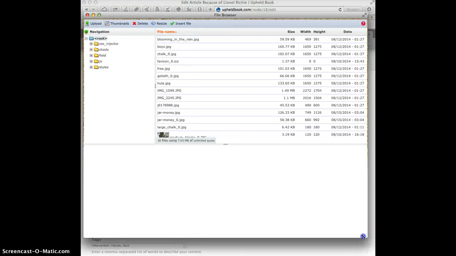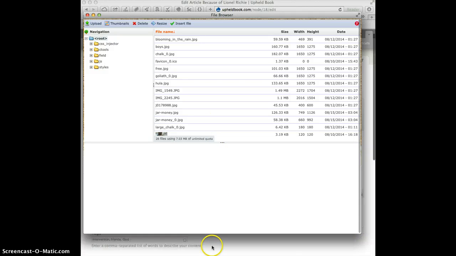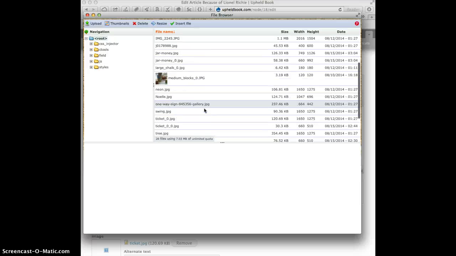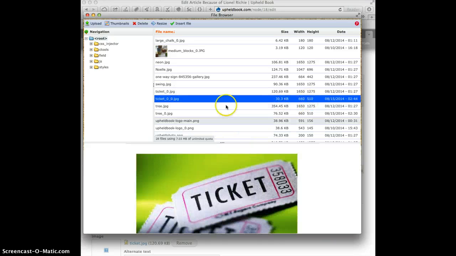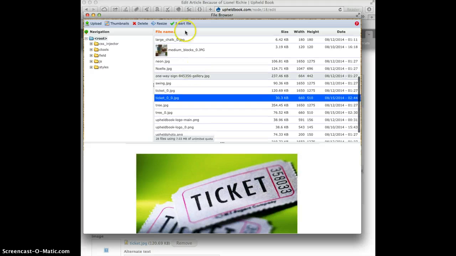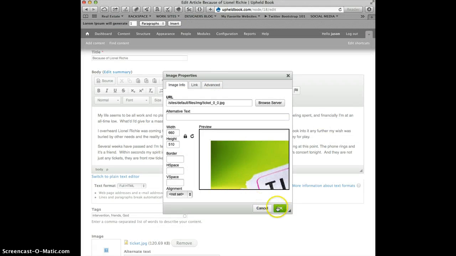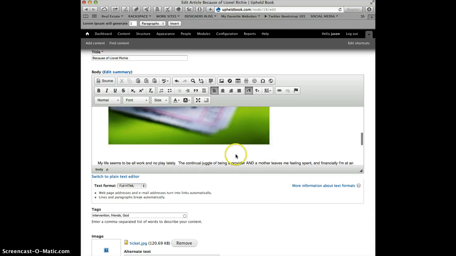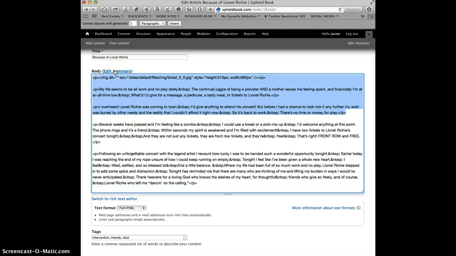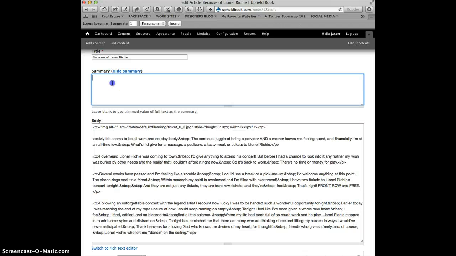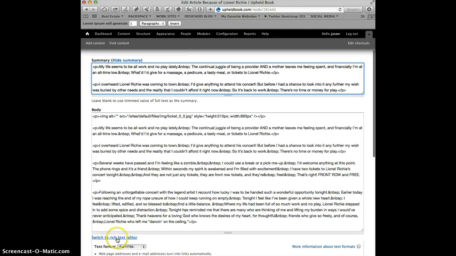and then in here, see, I look for ticket. So I have ticket in a big image, and I can see my width and my height here is 660. I've already resized that. I can insert that in, no alignment, press enter, bring that text down. Then I can switch the editor, maybe copy the first 2 paragraphs in the image, click edit summary, paste that in there, switch to rich text,